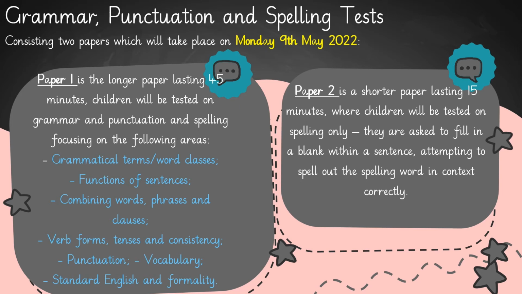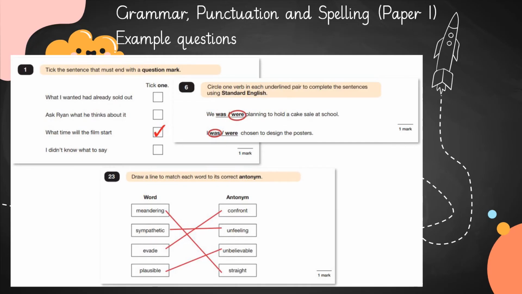Paper 2 is a shorter paper which lasts 15 minutes. Children here will be tested on their spelling only. They are asked to fill in a blank within a sentence, attempting to spell out the spelling word in context correctly. Here are some examples of the types of questions the children might come across in their grammar, punctuation and